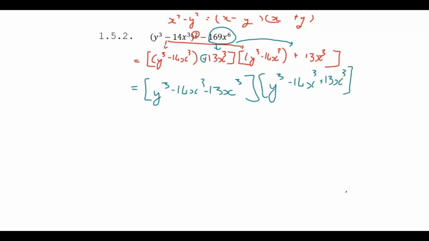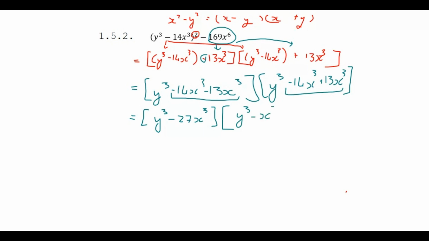Cool, and now simplifying that, we get in this left bracket y cubed. You see we have minus 14 minus 13, so that becomes minus 27x cubed. Haha, difference of two cubes. And on the right hand side we get y cubed minus 14 plus 13 becomes minus 1x cubed again. Now we are not done factorizing fully. We see we have a difference of two cubes in both scenarios. Alright, so this first one becomes y minus 3x, and then it becomes y squared